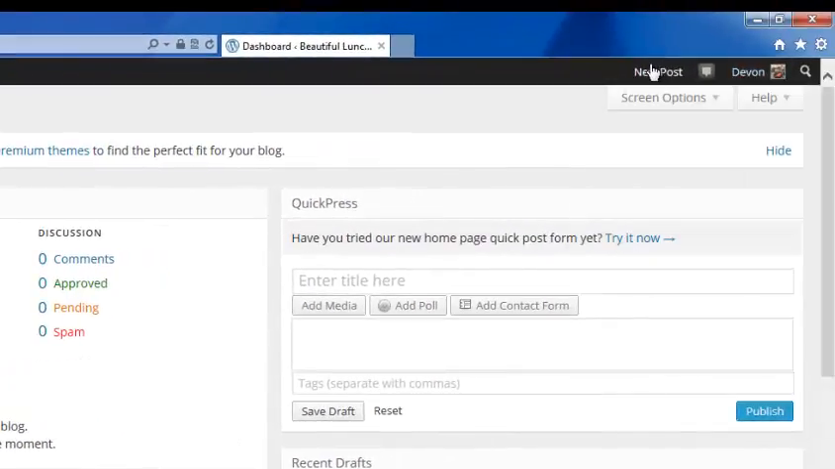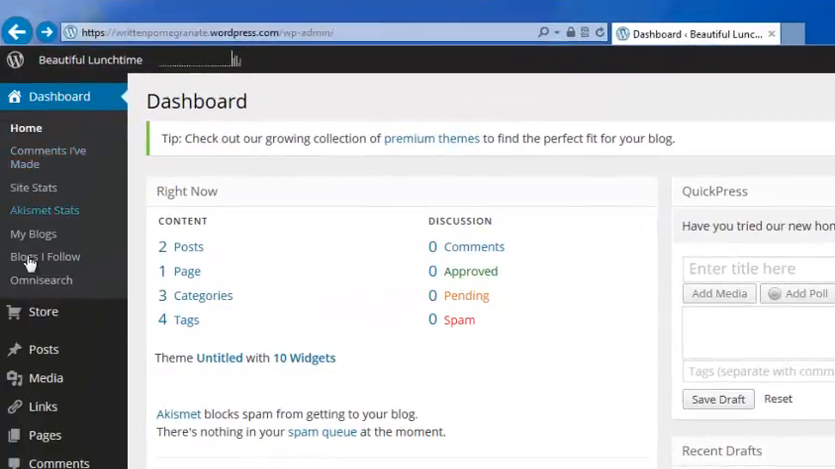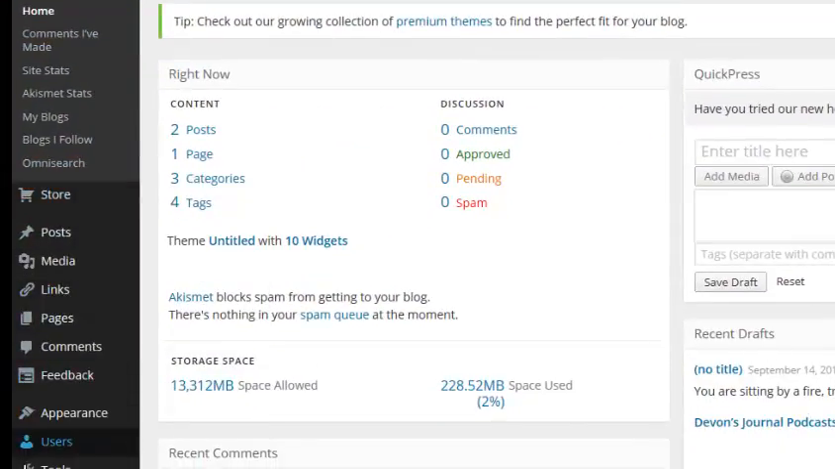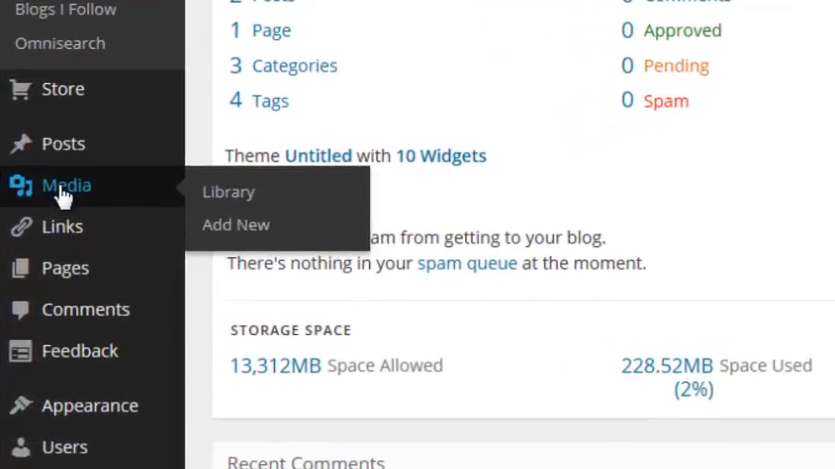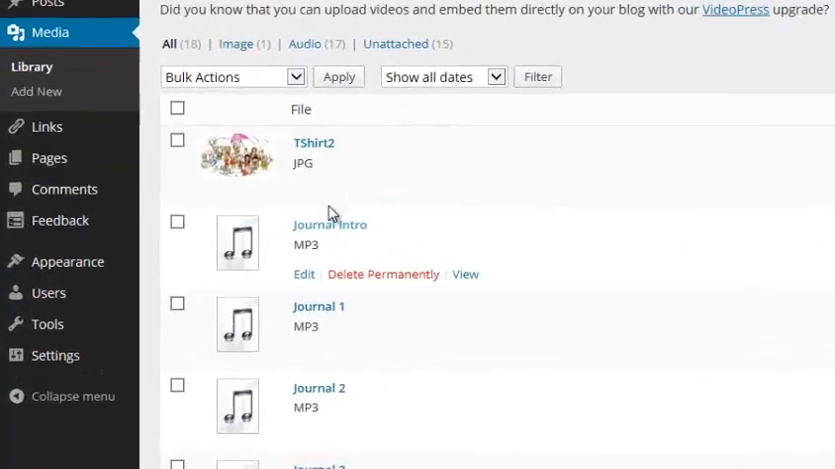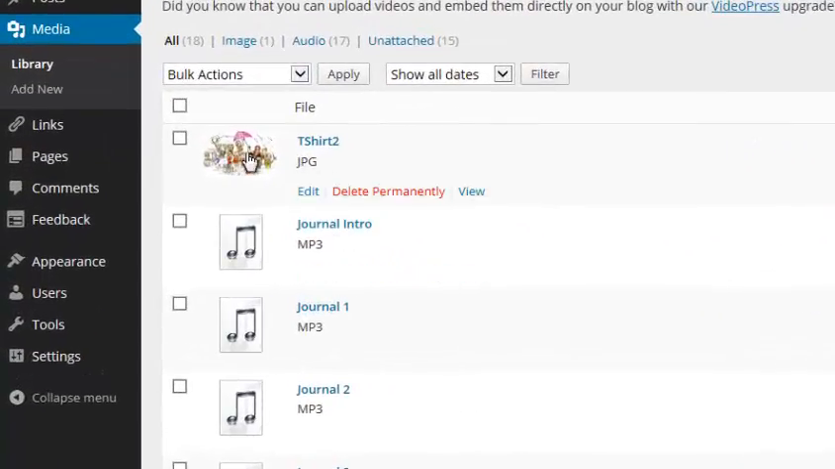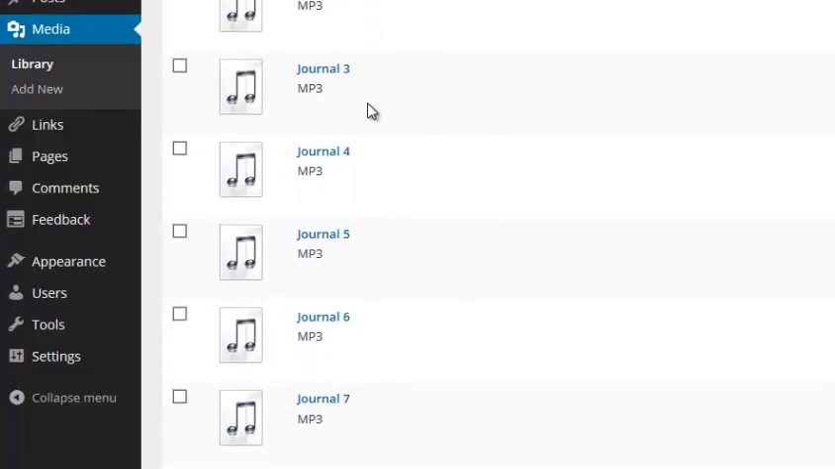So instead of doing the new post here, I would go over here to your dashboard, and down here you got all the things you can do with your blog. I do want to show you one thing, which is media, and I'm going to show you how to add and the library. So if I go to the library, you can see what I've posted already. I have that picture that you sent, and if I go down here, I got all the journal posts,